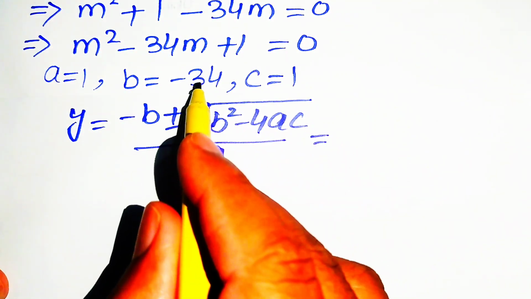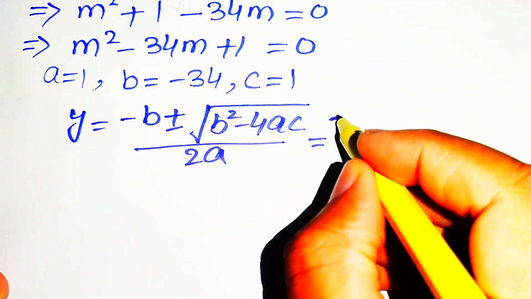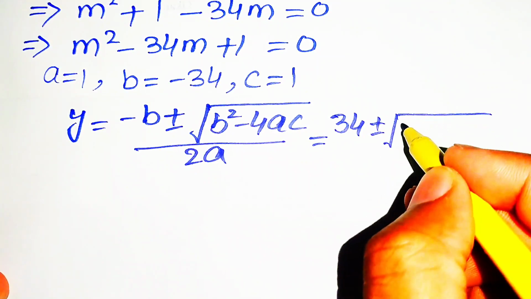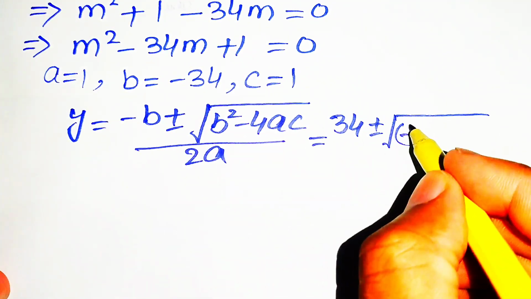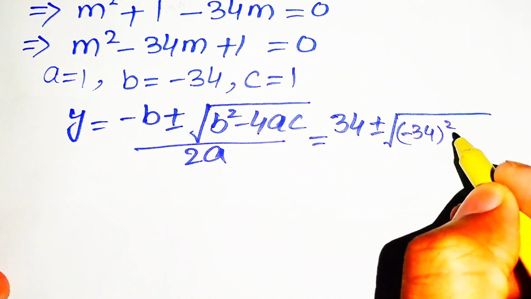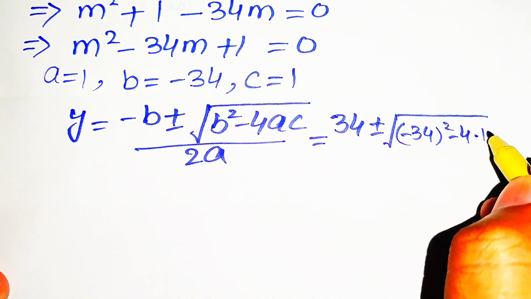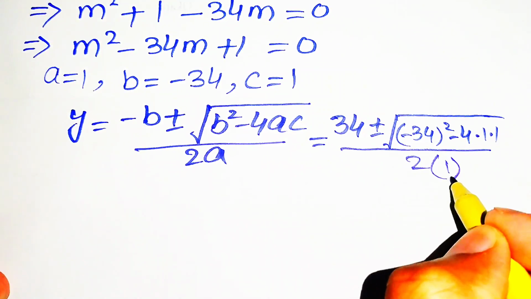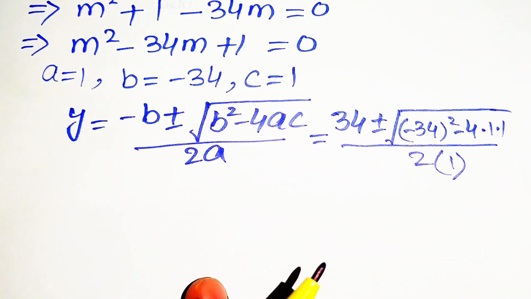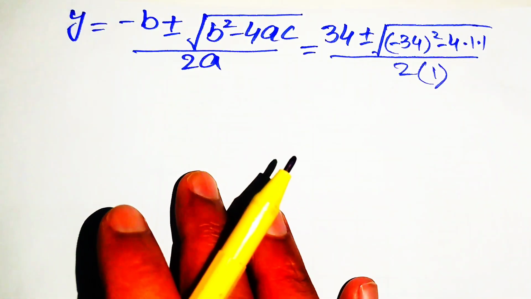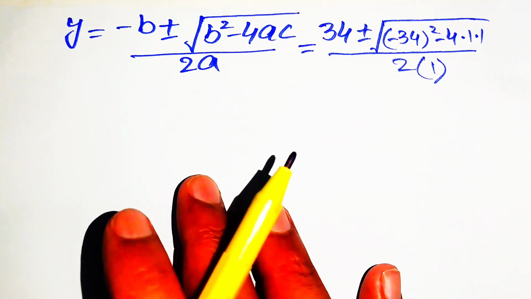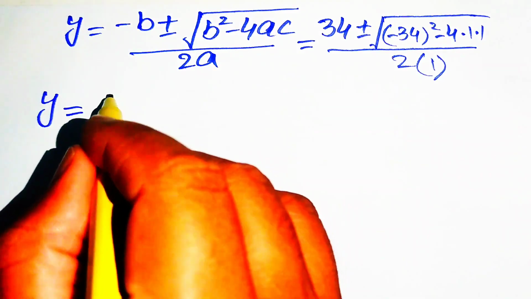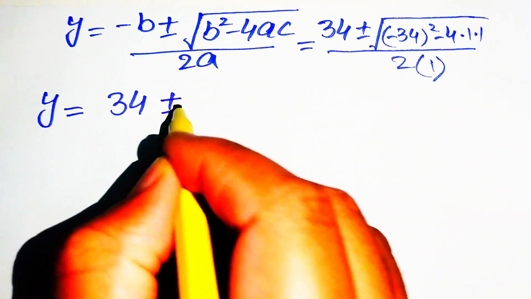It will be written as, here the value of b is minus 34, so this minus times minus becomes plus 34, and plus minus square root of b square. So our b is minus 34 square, minus 4 times a, which is 1, and c is 1, and this whole expression divided by 2 times a, and our a is equal to 1. In the next step we need some simplifications here, and we get y equals 34 plus minus